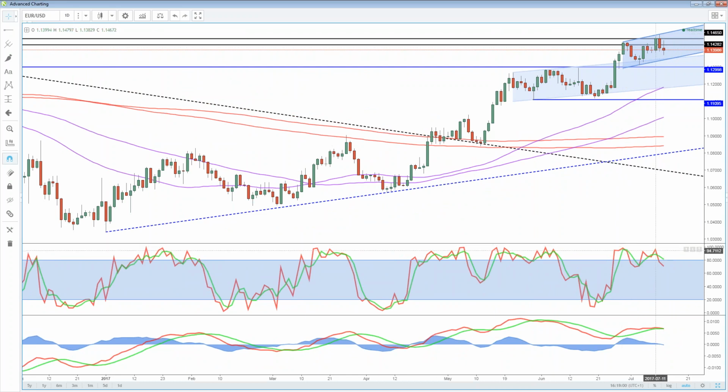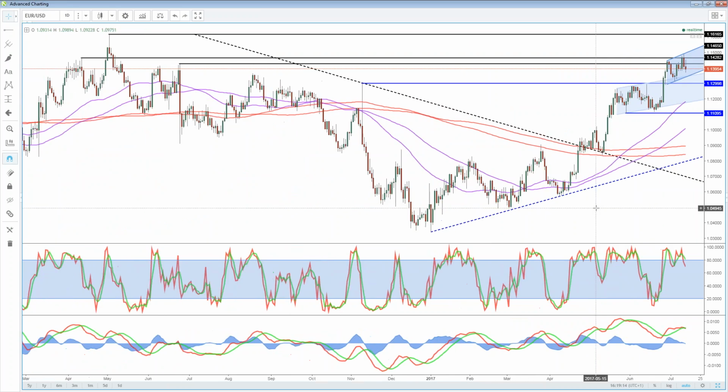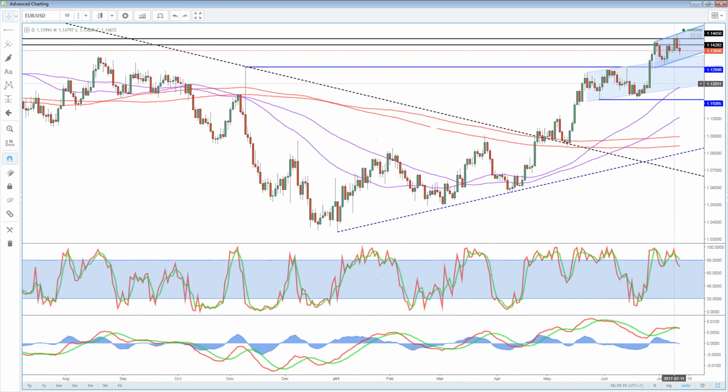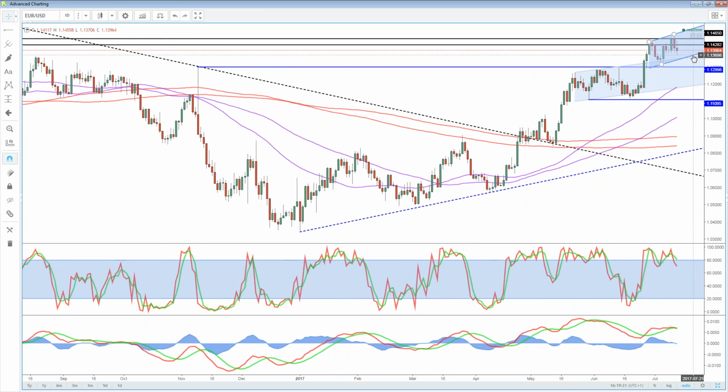We've got the stochastic, which has made a lower high when prices made a higher high. We've seen a flattening in the moving averages on the MACD, but the MACD histogram as a result has moved lower. That kind of divergence is a bit of a bearish signal. It's not a sell signal per se, but it can be a bearish signal and something therefore to watch out for. That doesn't mean that we won't see moves higher, but if we see a move below this rising channel,